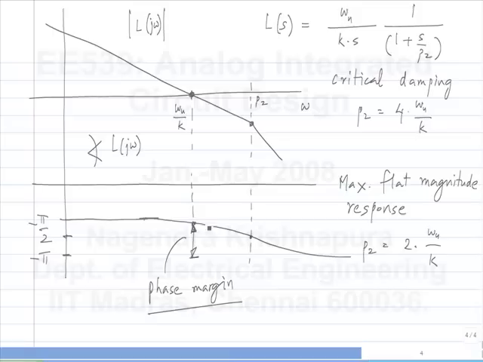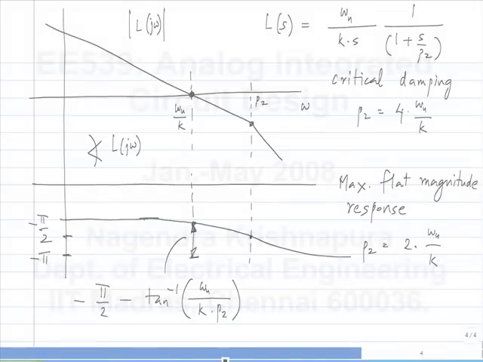So see, this is the total phase shift introduced by the system. The angle is minus pi by 2 because of the integrator, minus tan inverse of, and we are looking at this frequency, so it is omega u by k times P2. Now this is the phase angle, and we want to see how far this is away from pi. So this plus pi, basically it is pi by 2 plus tan inverse omega u by k P2